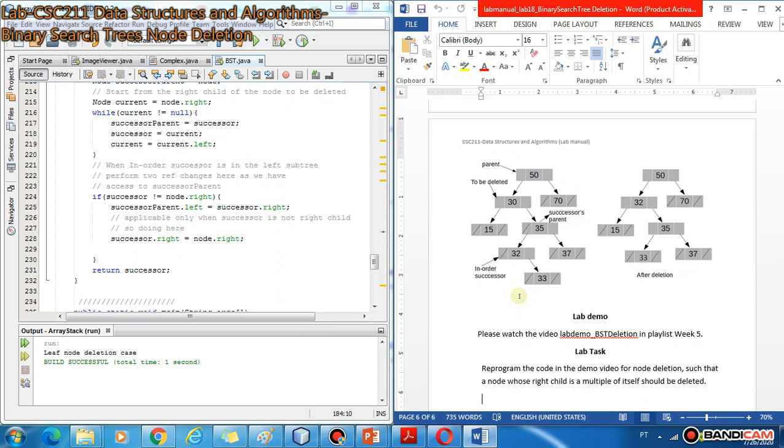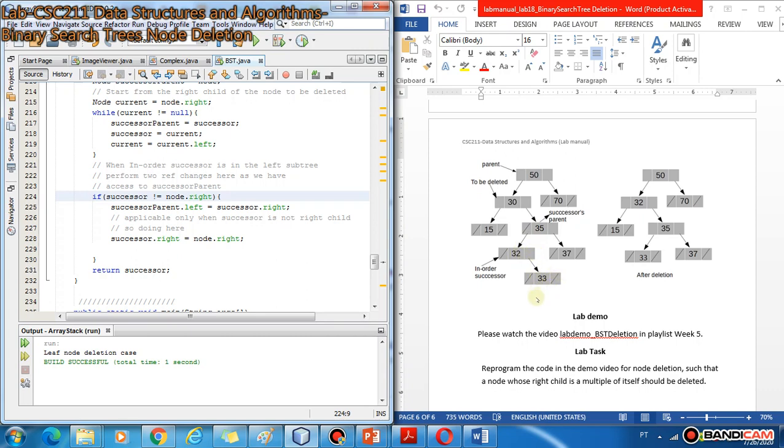So that's what we are doing here. If successor is not equal to node dot right, meaning the successor is not the right child of the node to be deleted, what we do is successor parent dot left is equal to successor dot right. So successor parent, which is 35, we update the successor parent's left node to point to the successor's right child, 33.